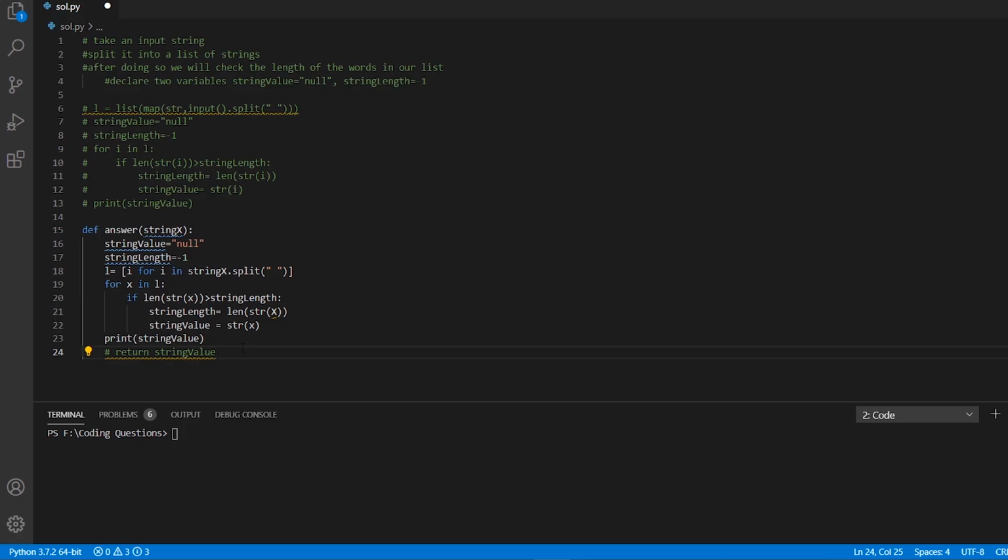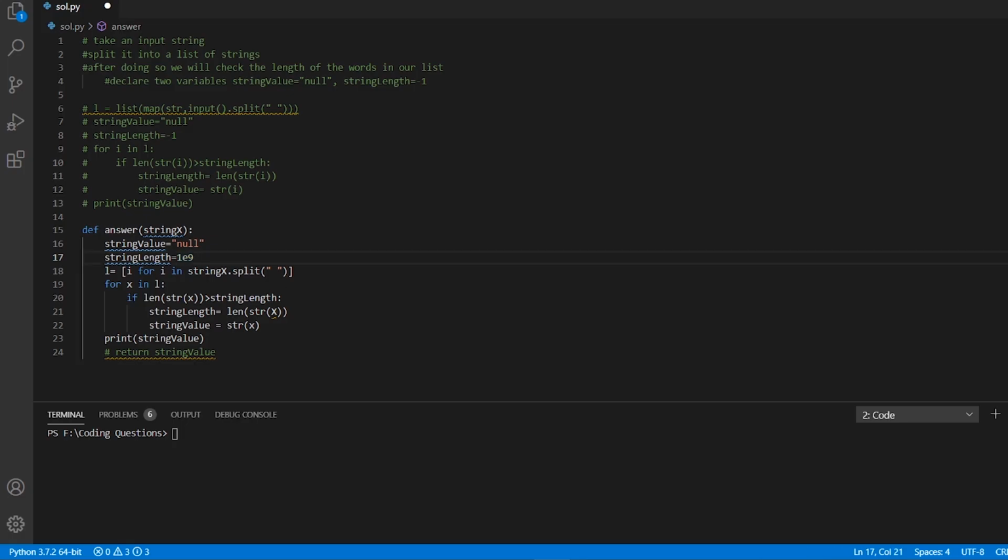And the same approach can be used for finding out the word which is the smallest inside of our list by just replacing one thing in our code. First of all, we need to change this variable to something so large that it cannot be the length of our sentence. So if the question gives you constraints, then you can use them, that your word cannot be greater than this length, or else you can use some really large number. So let's write 1e9. So our string length is so large that probably there is not a word which is this large.